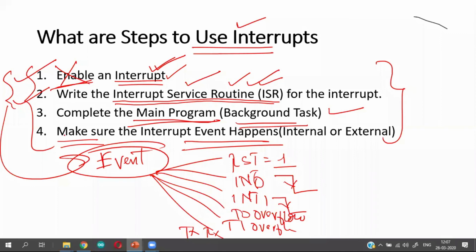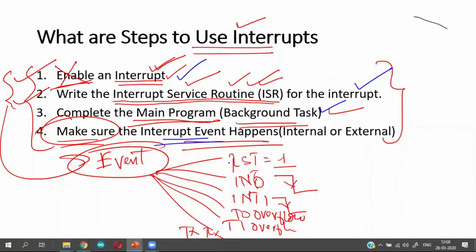What I mean by making sure the interrupt event happens is that there are occasions where amateur designers like you will make a basic mistake. You enable an interrupt, you write an interrupt service routine, and you also write a main program, but somehow you forget that the interrupt will never happen.